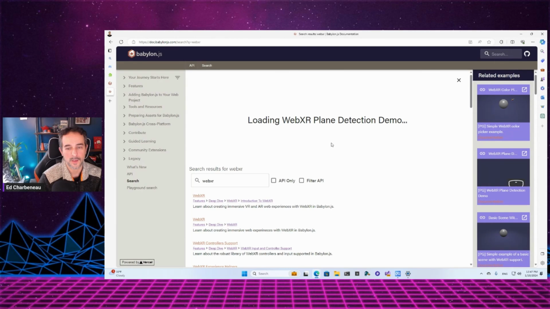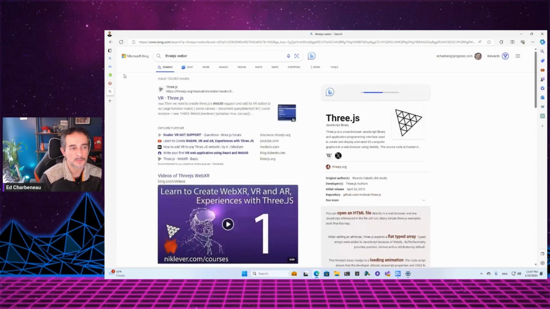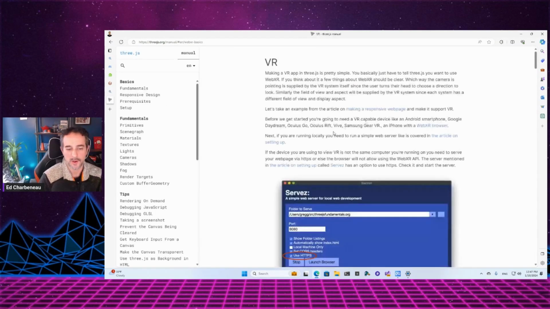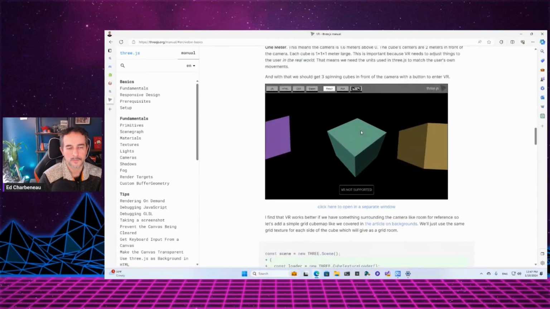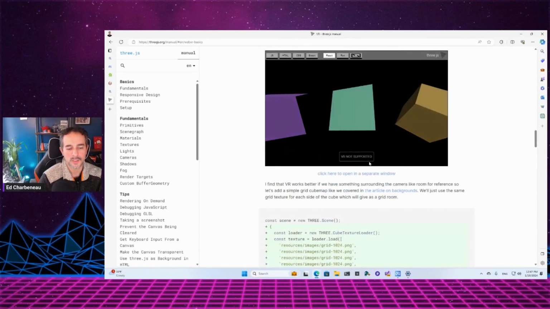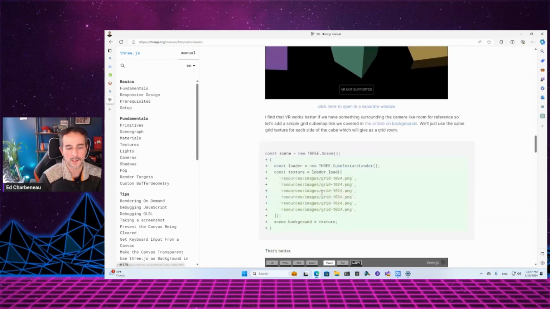Loading the WebXR demo, and their website's not going to work for me right now. So let's try the Three.js one, because it's basically the same problem. So you get these buttons that come up,